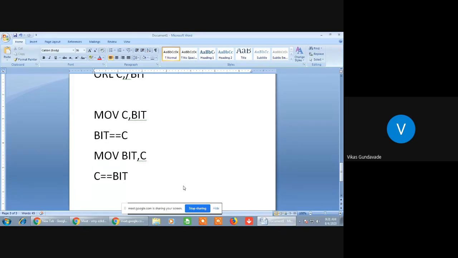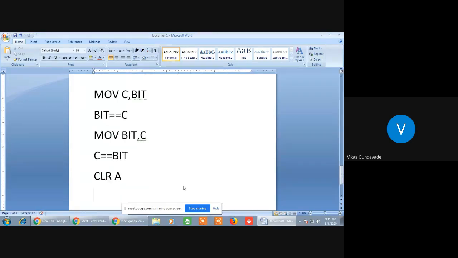The first instruction is CLR A. The meaning of this instruction is clear accumulator. This is not a Boolean instruction, just an instruction we missed in the previous instruction set.